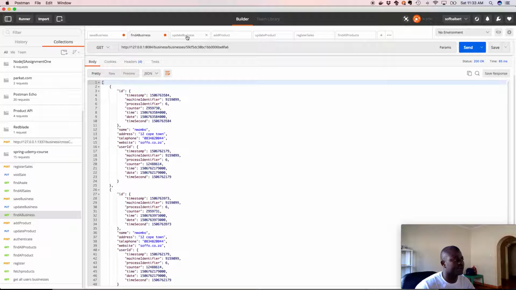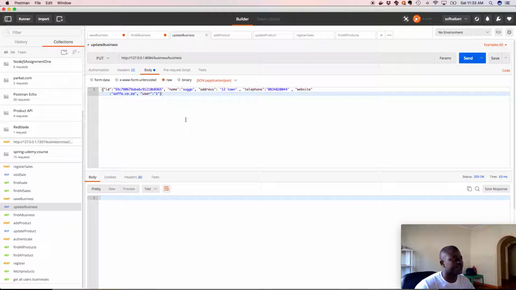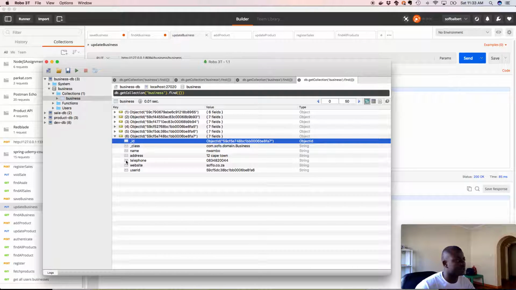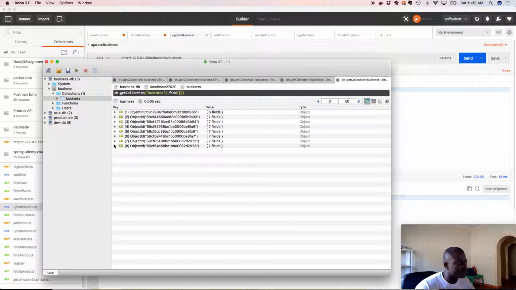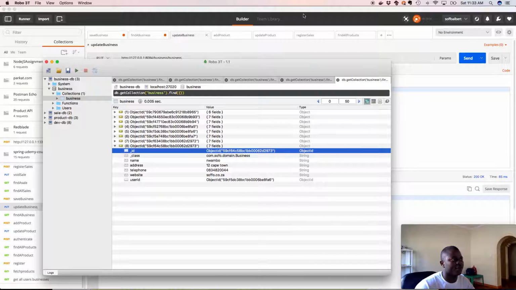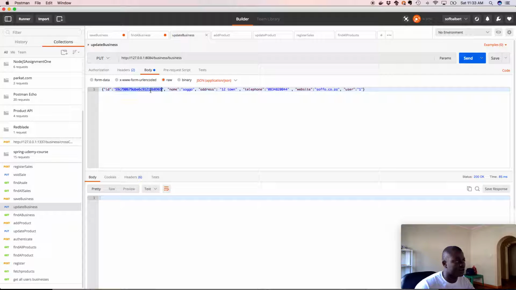Okay, so we move on to the next functionality, which is to update the business. To update the business, you obviously need the business ID that you want to update, and then the fields you want updated with their new values, and then they will actually go and get updated. So let's quickly update this. We're first going to go to the database and get a business. Let's take this one, which is the one we've just updated. Take its ID, copy the value, and then